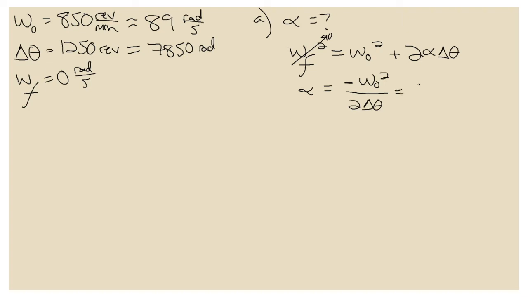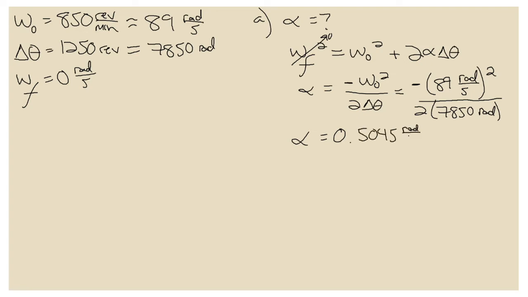And so when we plug our numbers in here, we get negative the omega naught squared, which is 89 radians per second, squared, sorry, I forgot to put the square on the outside of that initial velocity. We divide that by twice the angular displacement, which is 7850 radians. So 89 squared divided by 2 times 7850,